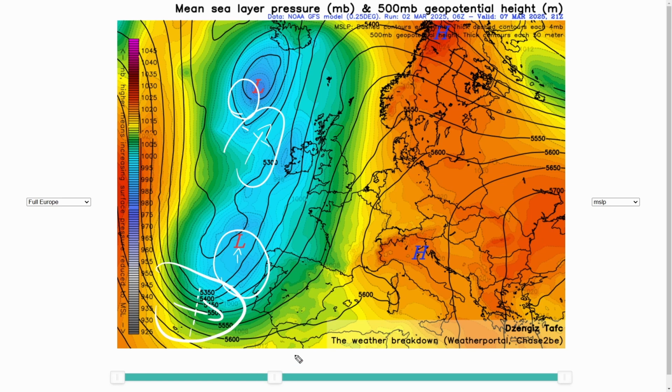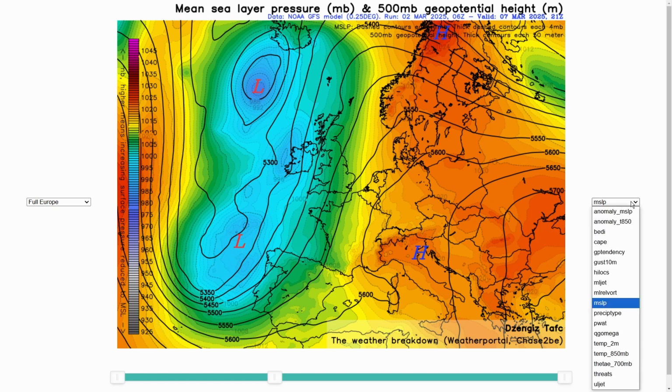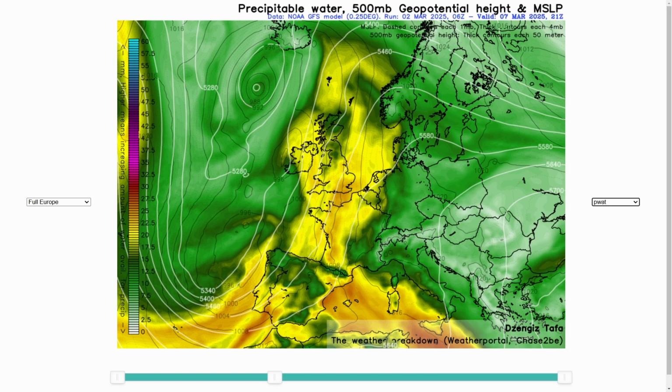So potentially around 7 March, we will have 2 areas where we could look for cyclogenesis, leading to further development of low pressure systems, while this one might be more in its decaying stage and this one more in its maturing stage. If we look a little bit at the precipitable water, you will see the structure of the